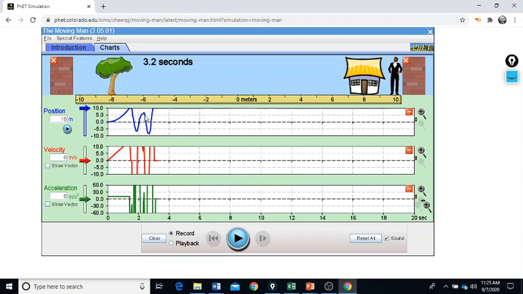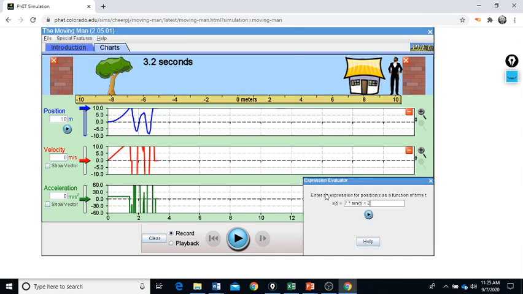Note that the position is changing back and forth between, at 0, he's just right here where he started. So you can have negative position heading towards the tree, positive position heading towards the house, and the corresponding velocity and acceleration plots. There's plenty that you could do with this simulation, so this is just an introduction here. Note that you could always take a look at the special features like reversing the x-axis, and there's even an expression evaluator that will,